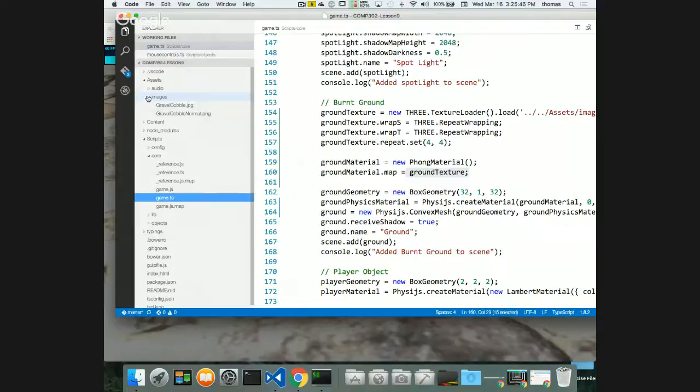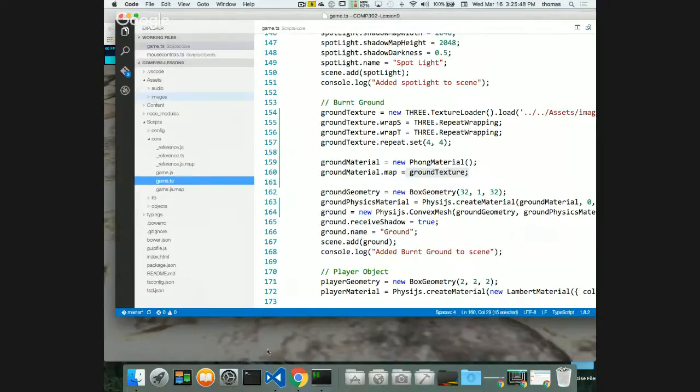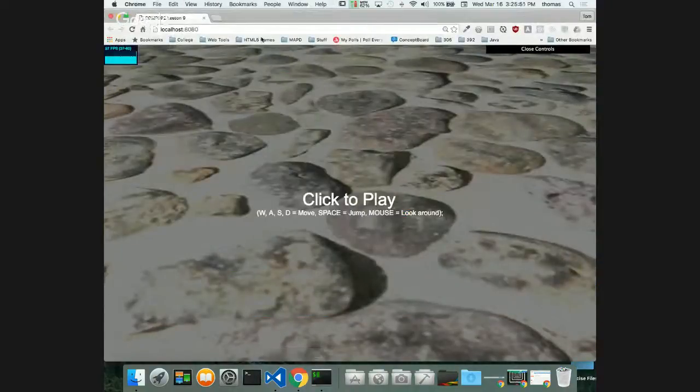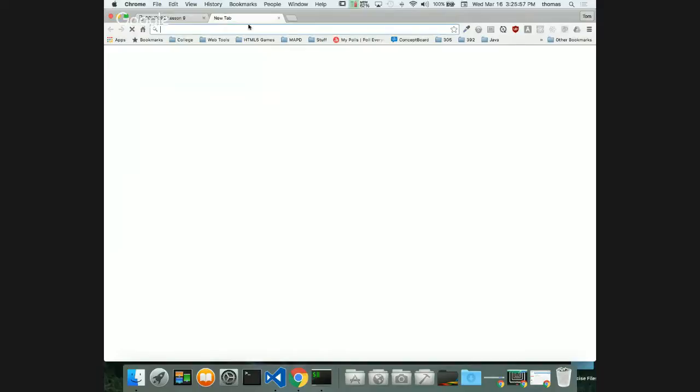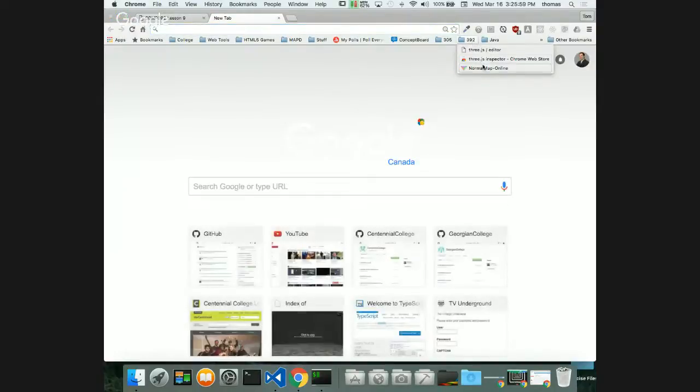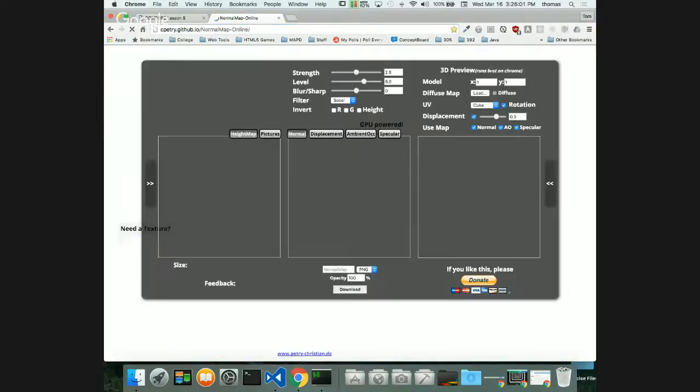It's actually up online already. How did I get that? I'm not an artist, and I can't do that with Photoshop so good, but there are some really cool online tools. I'm going to click on this little thing here. There's an online tool that I recommend to you. It's kind of cheap and dirty. It's called